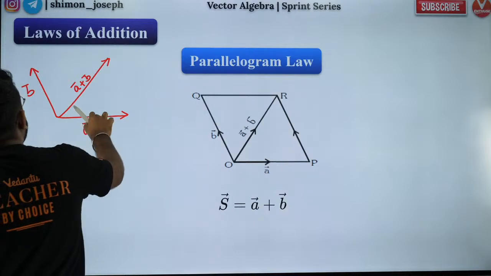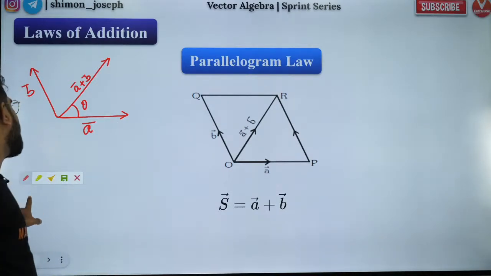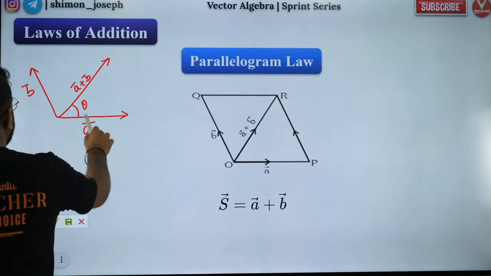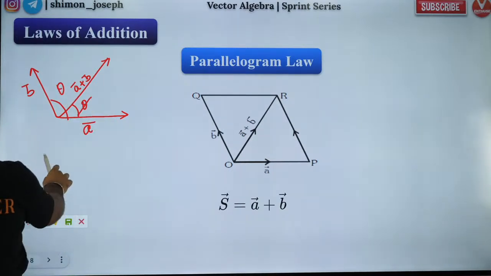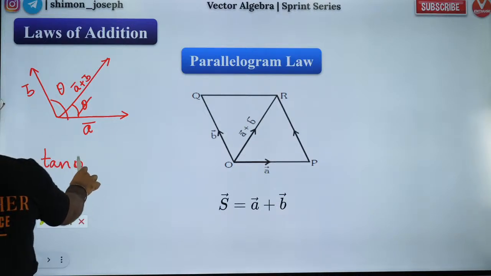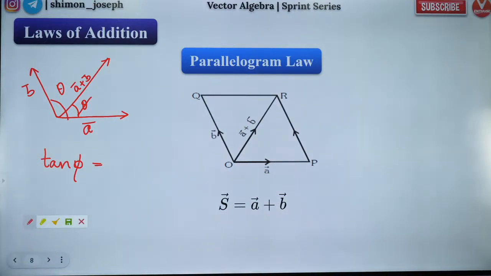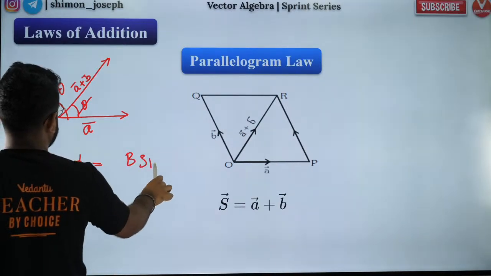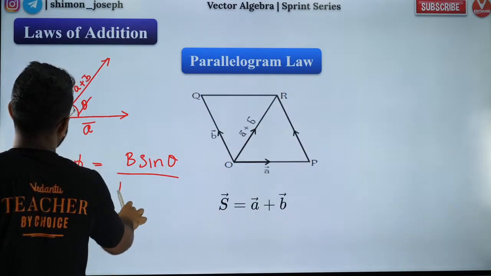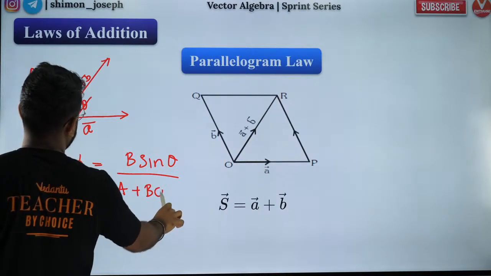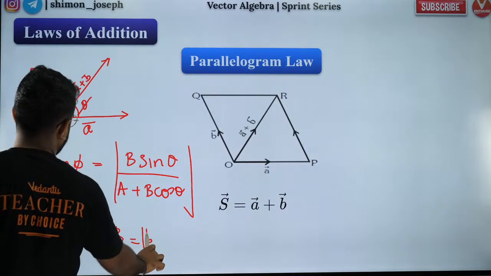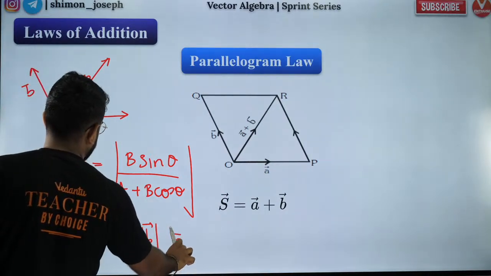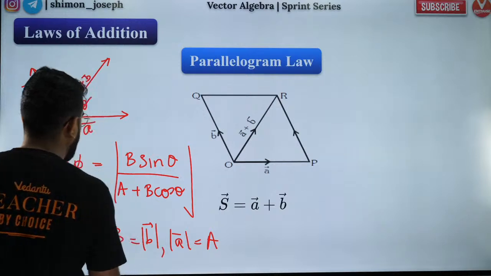Now, sometimes you will be asked to find out this angle. In physics, they ask this quite often, isn't it? Theta will be given, phi will be asked. So what is tan phi? Can anybody answer that? Tan phi is equal to B sin theta by A plus B cos theta. Am I right, people? Where B is the magnitude of the B vector and A is the magnitude of the A vector. Are you all happy with it?